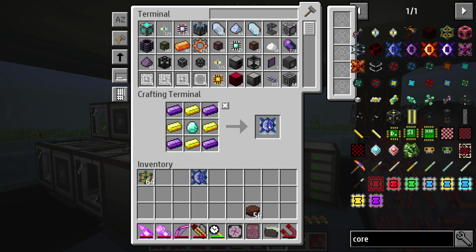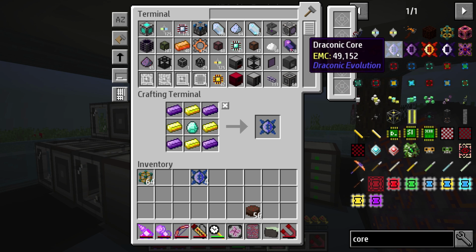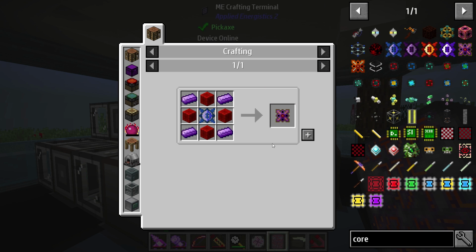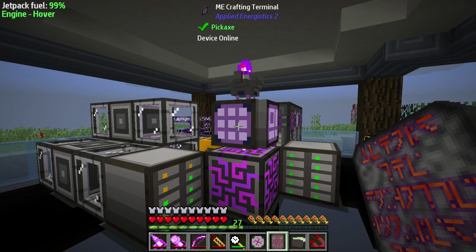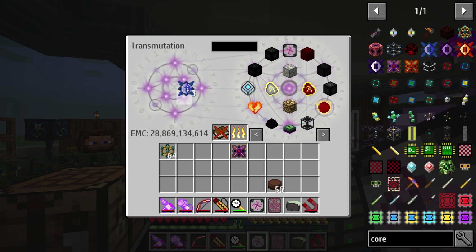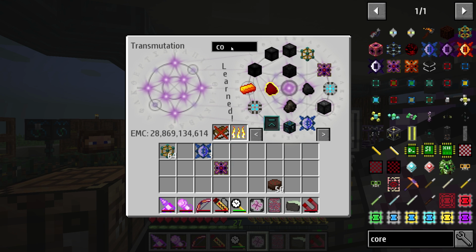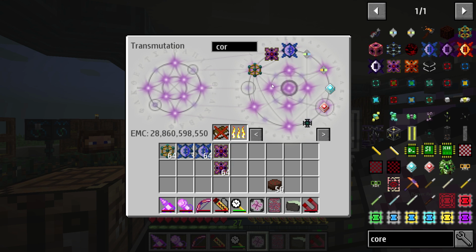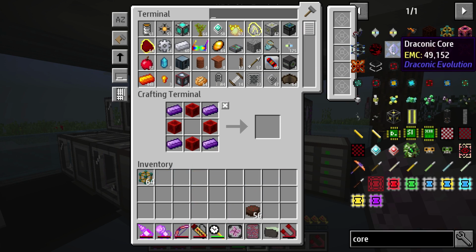So 4 of those, which is going to make us... Where's it at? This guy. Well, we need 2 of these. But like I said, we're going to EMC most of this, so this is going to make it a lot easier on us. And we just do core. And bam. We can grab a bunch of these cores, toss them in here, toss some bad boys in, and